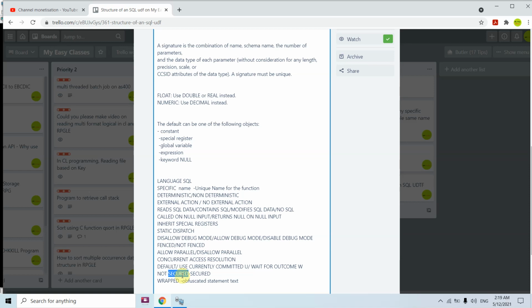So one can call that procedure and retrieve your SQL function source.